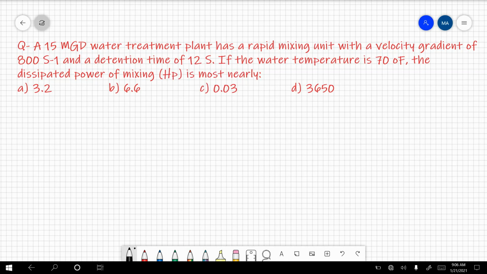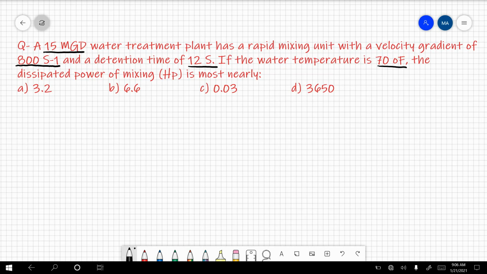Hello everybody. So we have this question about rapid mixing in a conventional water treatment plant. A 15 million gallon per day water treatment plant has a rapid mixing unit with a velocity gradient of 800 seconds to -1 and a detention time of 12 seconds. If the water temperature is 70 degrees Fahrenheit, the dissipated power of mixing in horsepower is most nearly,